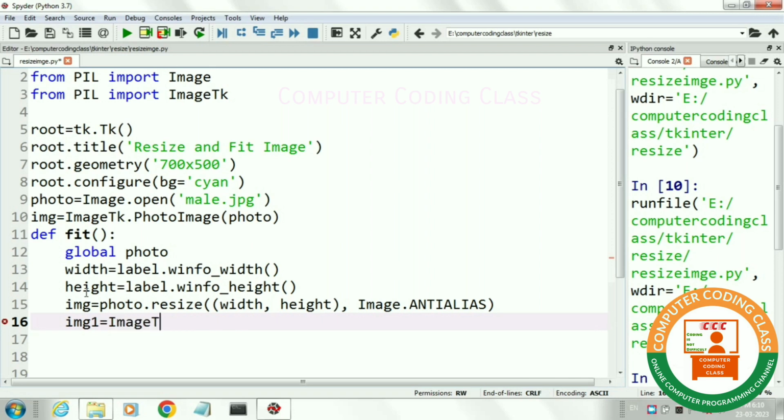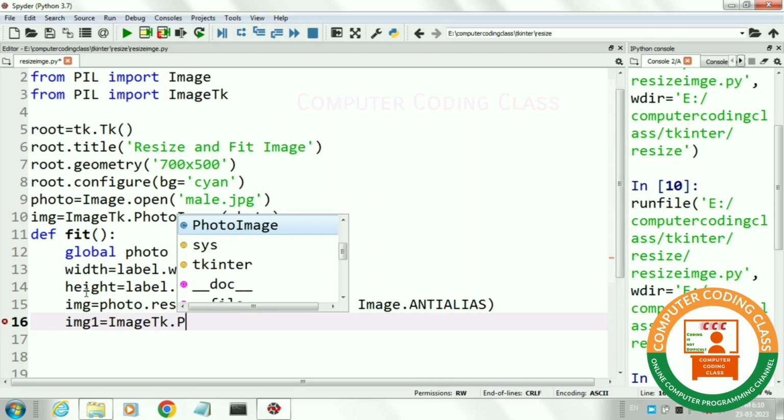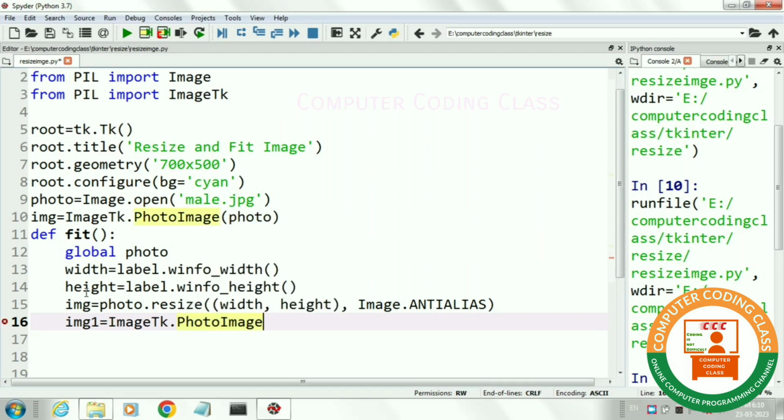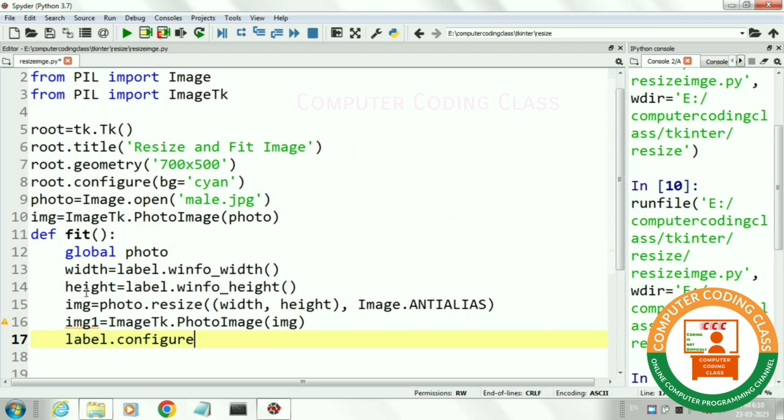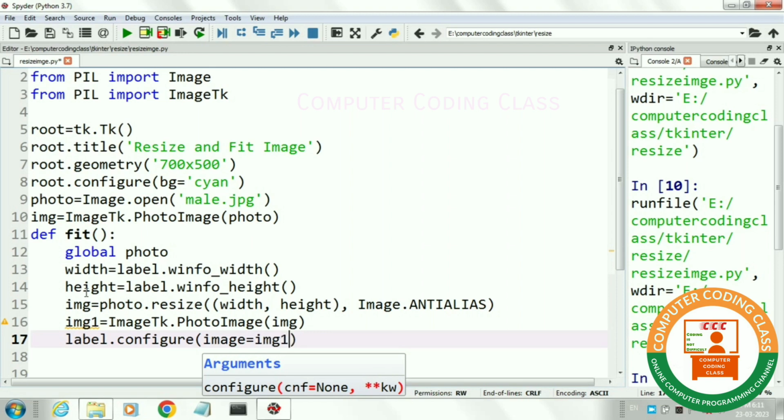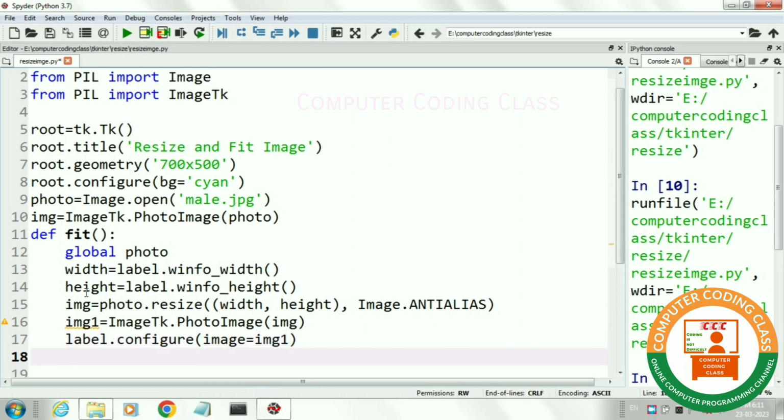Now we will place the new image in a container by using the PhotoImage function. The name of the container is img1. Next we will update the image of our label by using the configure function, label.configure. Then in brackets we will set image equal to img1. Here img1 is a container that holds our new resized image.